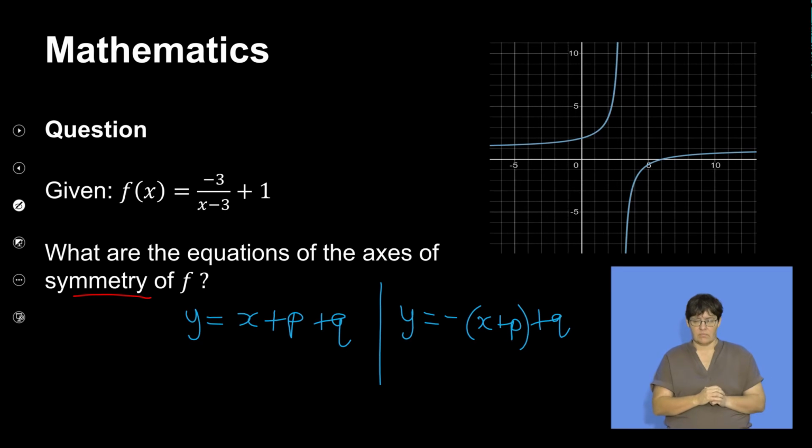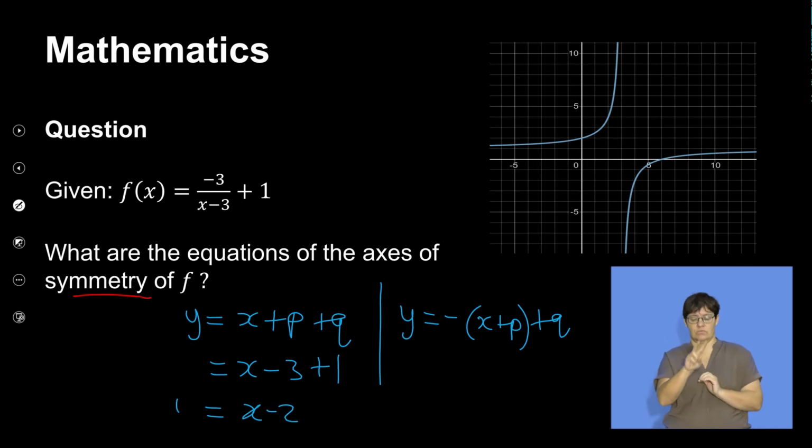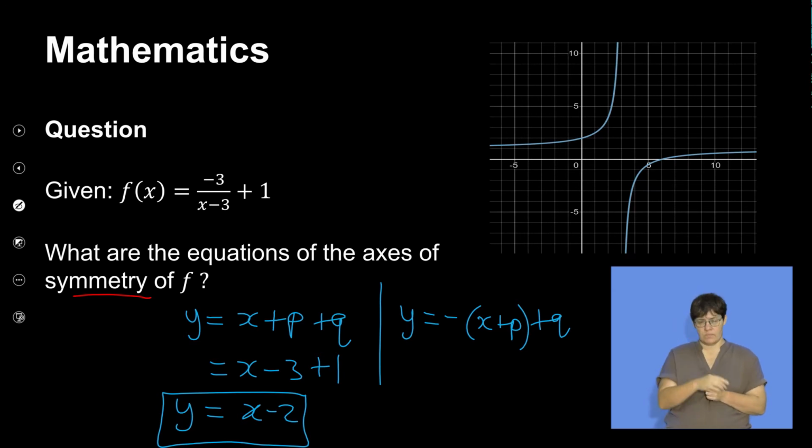So it means this is the same as x minus 3, because our p there is minus 3, plus 1, which is equal to x minus 2. So that's the first equation, right? And the reason why it has 2 equations, I'm just going to show you now on that particular graph that